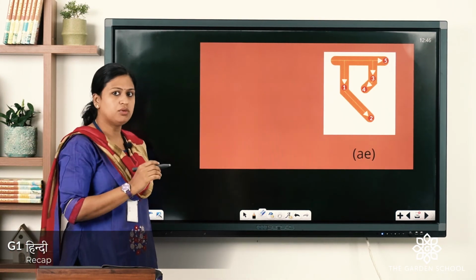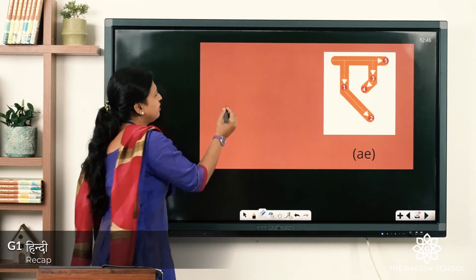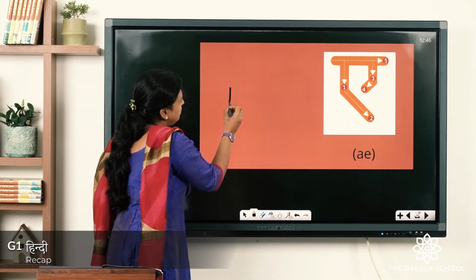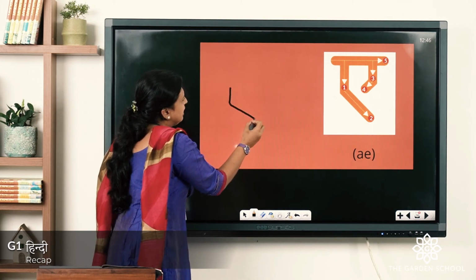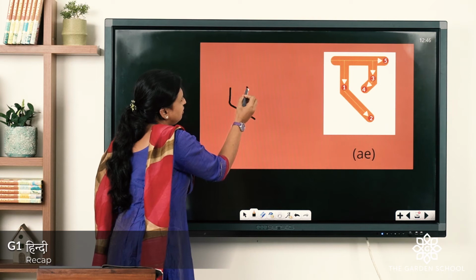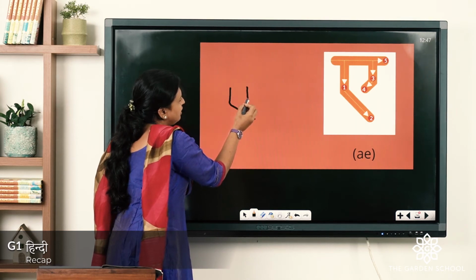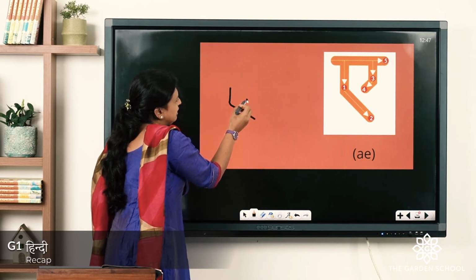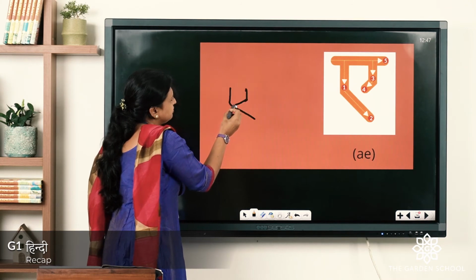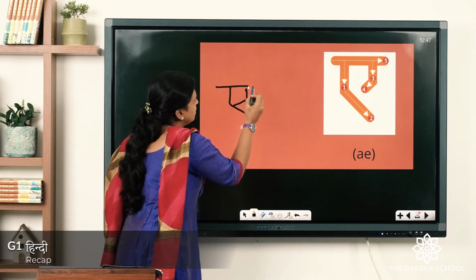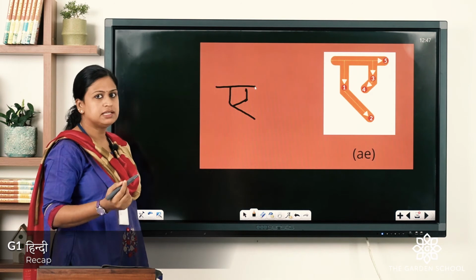Now, let us see how to write this A. First a standing line, then a small slant line, then one more standing line and a short slant line, and on the top a sleeping line. Once again I will show you.